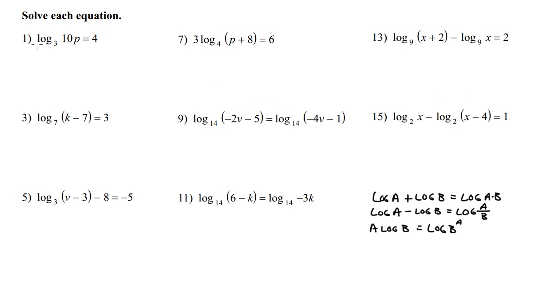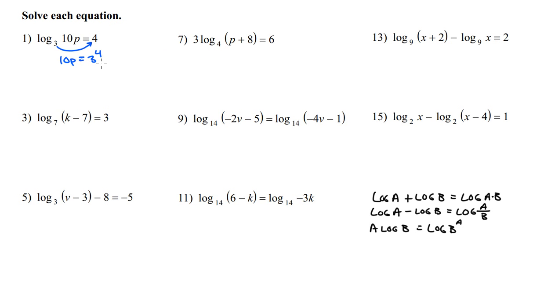Okay, first one, log base 3 of 10p equals 4. When you have it in this form, we can just turn it from log form into exponential form. And I just remember that the base always moves over to the other side and pushes this up and turns it into the power. So we get 10p equals,